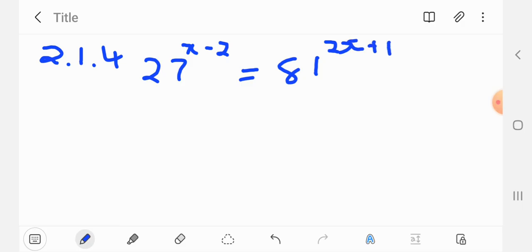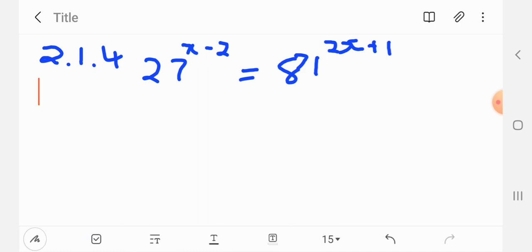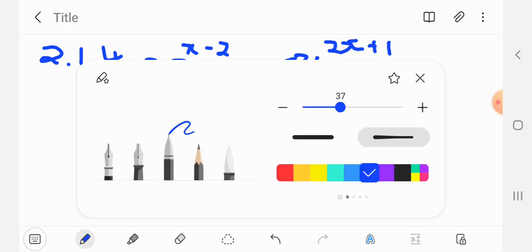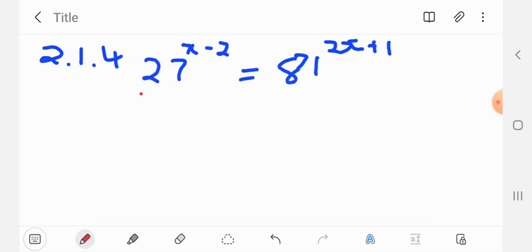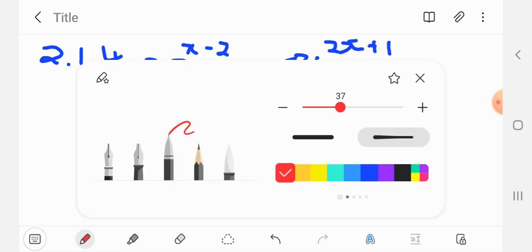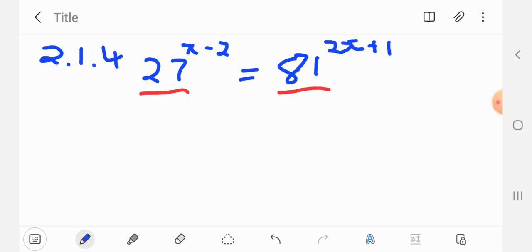So this is what we have. Now, what needs to happen, guys, is that we need these two bases to be exactly the same. So how can we write 27? The other way to write 27 is to say 3